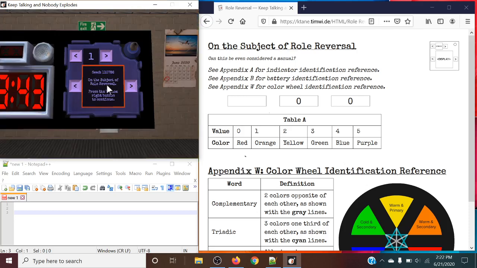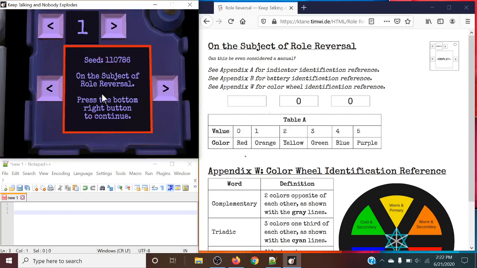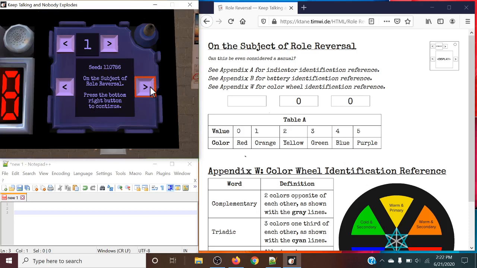What we need to do is, first, I'm going to look over these instructions, only for the first time though, because after a while you really won't need these instructions anymore, as they are always the same for every other module. On the subject of role reversal, pressing the bottom right to continue will move through these